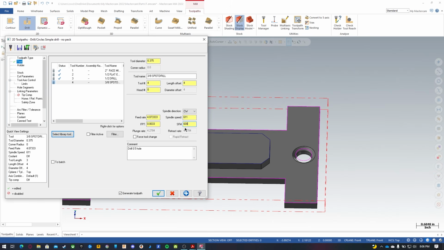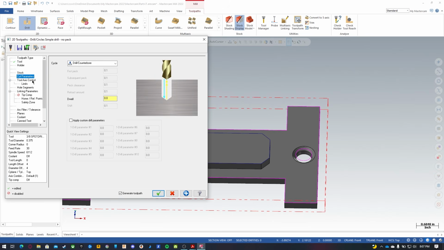So let's go 600 surface feet per minute, and let's put 2 thou feet per tooth. Actually, let's drop this down to 30. Okay, this is going to change to spot drill. We're going to drill. Should we dwell? Probably. So this would be in, I believe, seconds. So if we put it at 1 second,